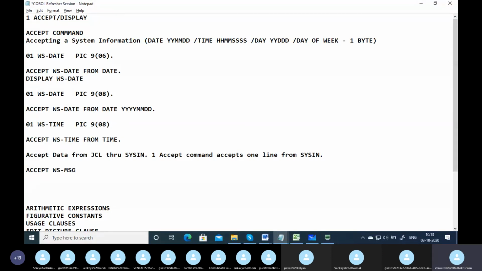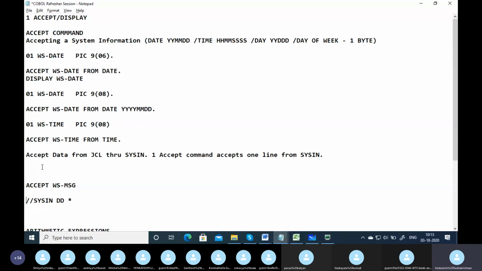Accept WS message. For example, suppose I'm passing some information, say DD star, and then the data, with 01 WS movie name.